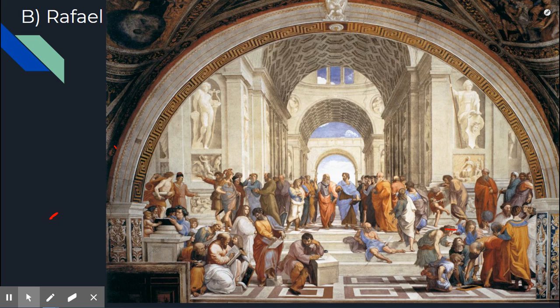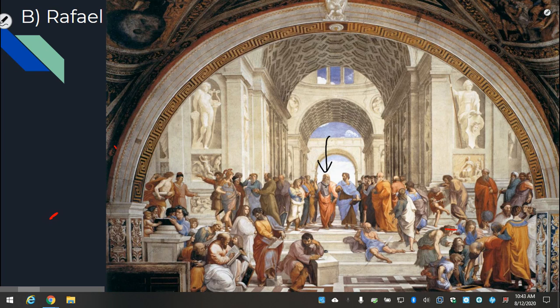On the one hand, we of course clearly see perspective, as it looks like you could walk right into the wall. It also focuses on humanism, because these are some of the greatest Greek thinkers. There's your Plato and Aristotle. And so it focuses on the greatness of humanity. And it focuses on Greco-Roman themes, which is different from a lot of art during the Middle Ages, which was predominantly paid for by the church, and so mostly showed religious themes. So we're seeing now more secular or non-religious themes within the artwork.